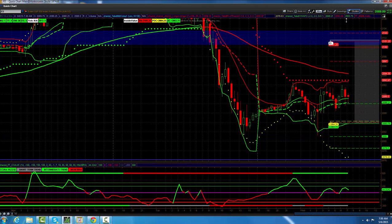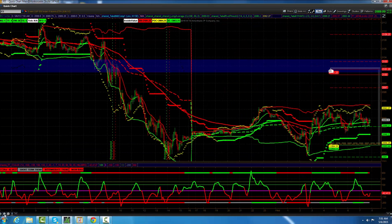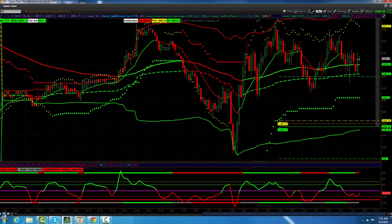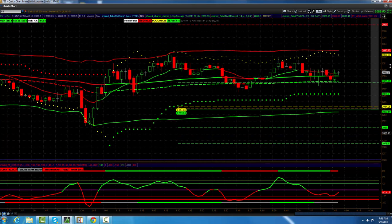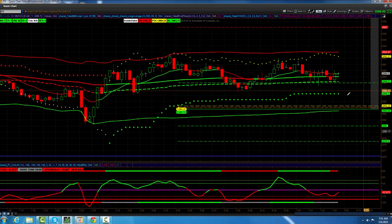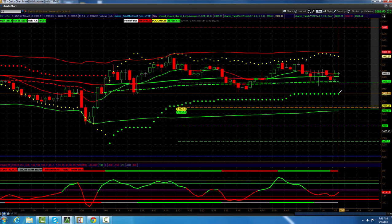And just to recap, let's take a look at the 5-minute pivot. All right. Got the 5-minute pivot right here, basically at 2086 and a quarter. So we're trading above it,